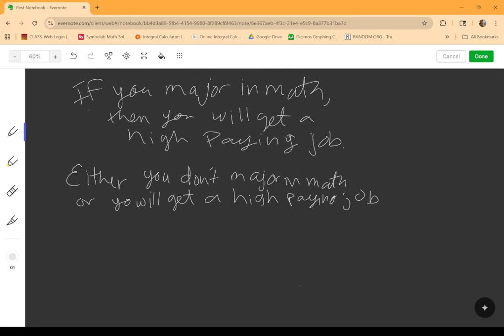Now, instead of trying to logically think if this happens, then that happens, and then what happens with both of these statements, the premise of these statements doesn't really matter what they say. What we have are an if-then statement and an or statement. And we want to focus on those statements: for the first one, P implies Q, and for the second one, we have not P or Q. So in this case, when I say P, what I mean is